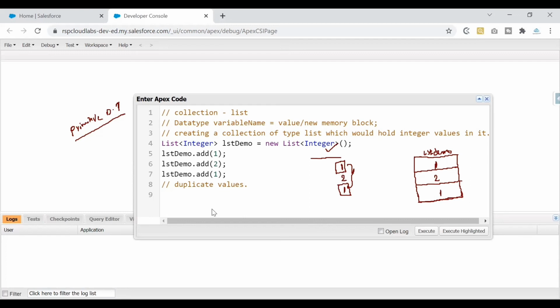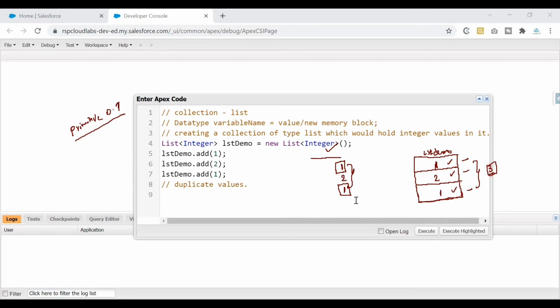There is an option to look at each and every element that we have added into the collection. We'll see that in a later class. For the time being, if I can count the number of items inside this collection, and if I can print that value, will that not be sufficient for us to believe that list would allow duplicates? If you see here, there are 3 items. How did I come up with number 3? This is 1, this is 2, this is the third item. So if I can print the value 3 in the debug statement, that is where I can convince you that yes, there are 3 items added into our collection. In order to do that, what is the method that I'll be using?